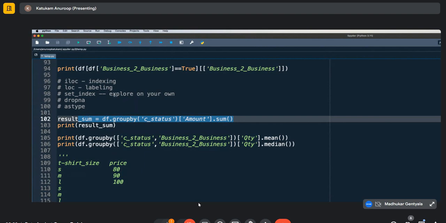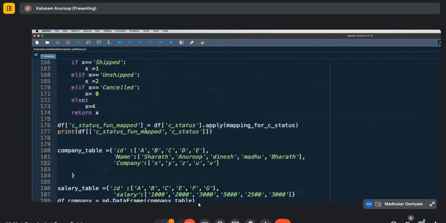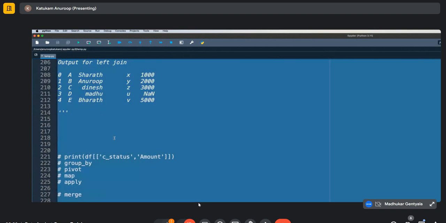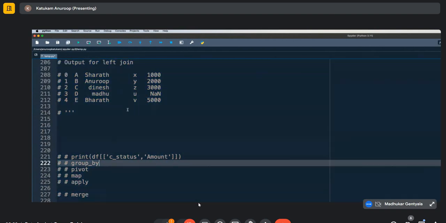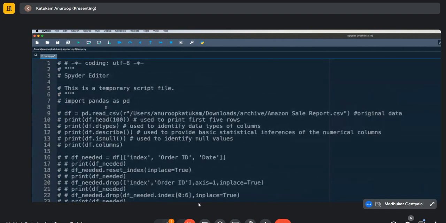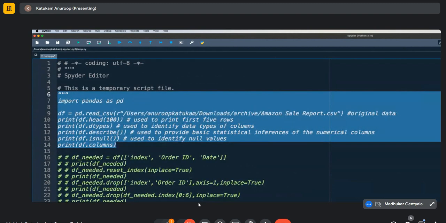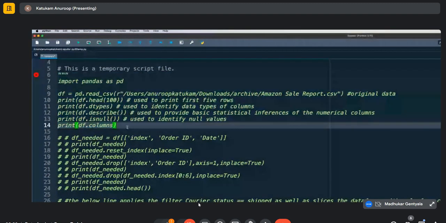So let's see if everybody already has Matplotlib library. I can actually check here. Let me comment everything down. Okay, let me only uncomment these things so that